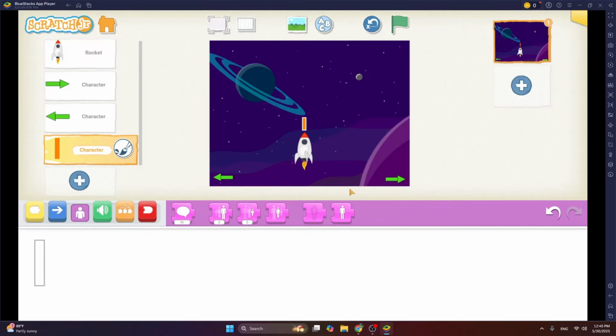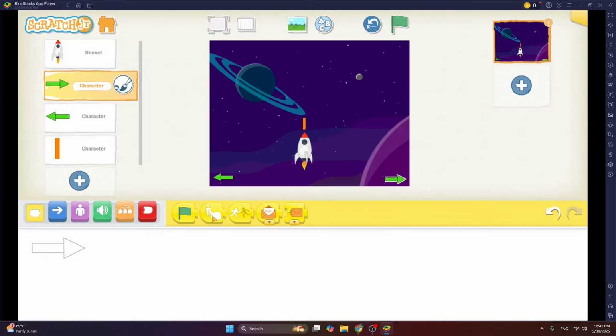Now let's work on the code of our right arrow. So select it by tapping it here so that your right arrow is selected. Another way of knowing it is that there's a white outline of the arrow. And what's going to happen in the right arrow code? It's going to start on tap. So from yellow, get the start on tap block. That means someone has tapped on the right arrow.